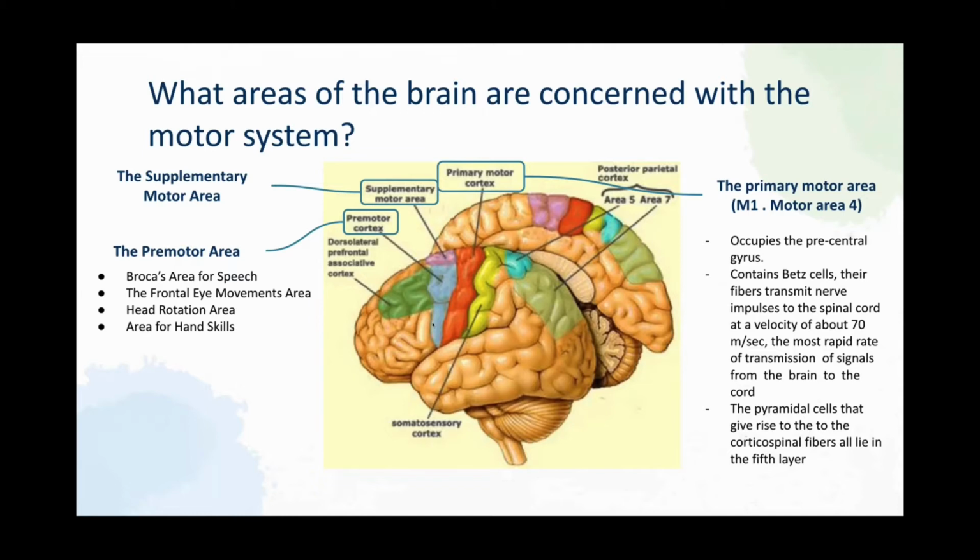So when someone has a problem in Broca's area, they will have difficulty forming words. The person understands what you're saying, but they're not able to form words to respond to it. It's called Broca's aphasia or